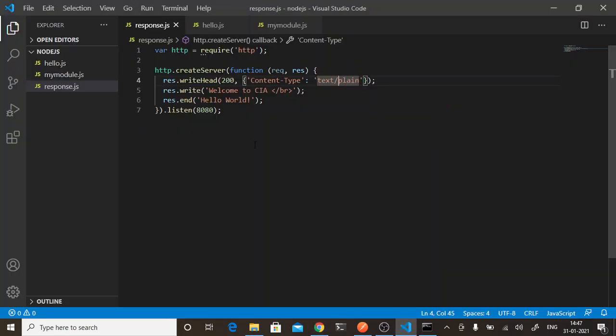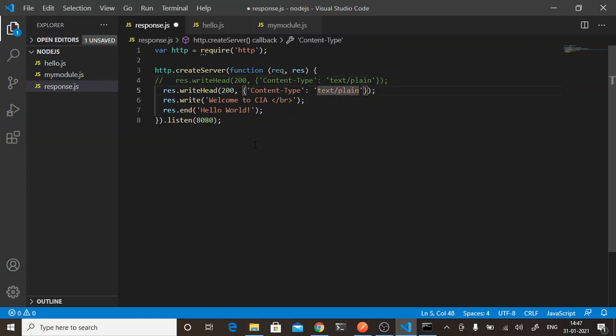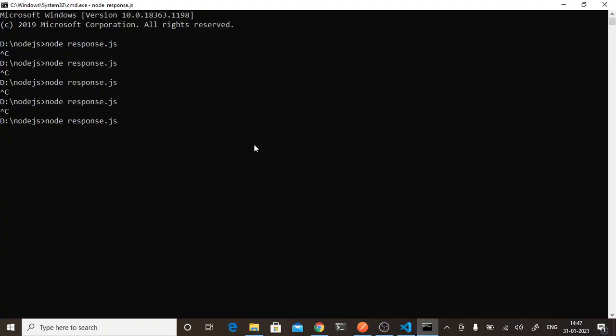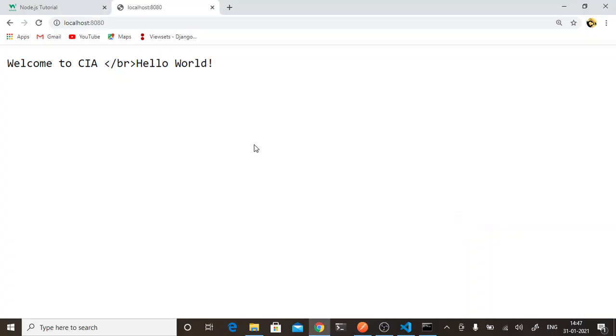So instead of plain text, we will give text HTML, and let's check if it will run properly. So voila, it is done. Now we are getting the text in the form of HTML.